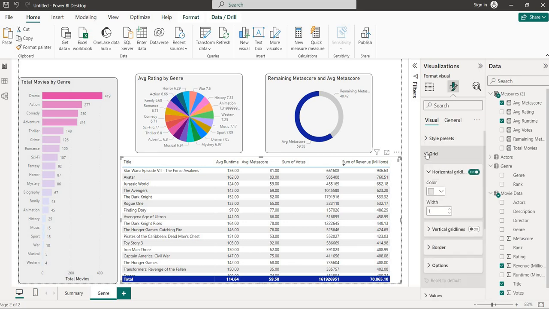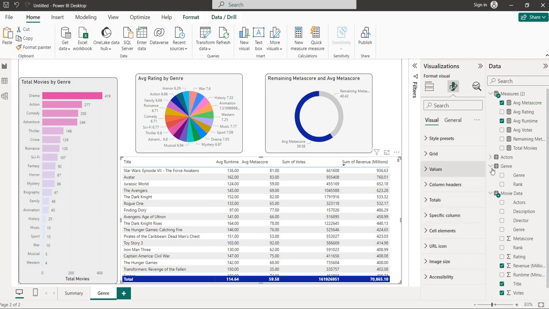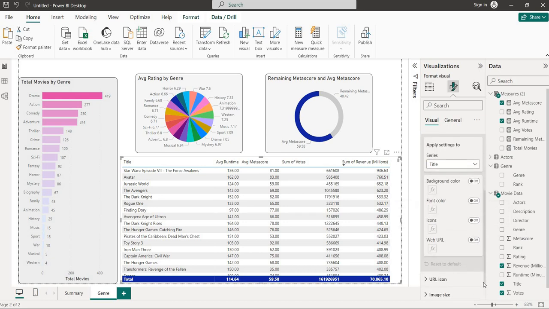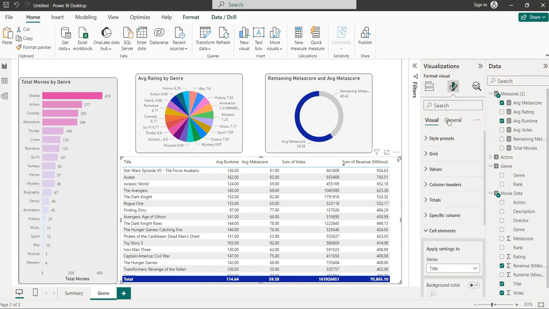Okay, grid is okay. Then we have specific column cell elements. Totals we have changed already. Okay, correct. Hope it is okay now.